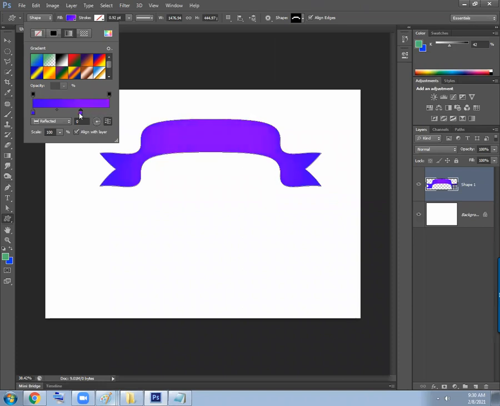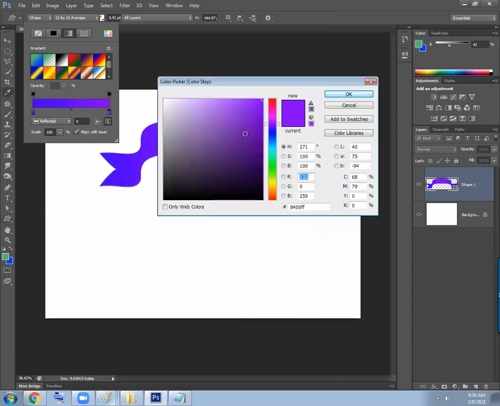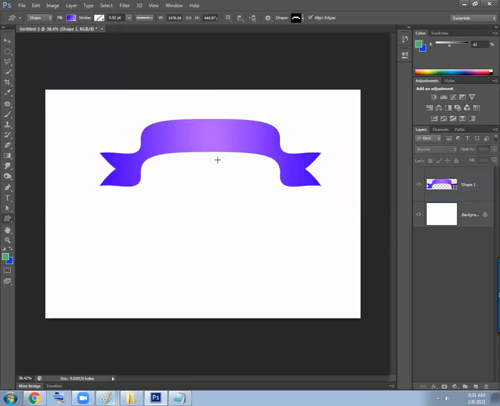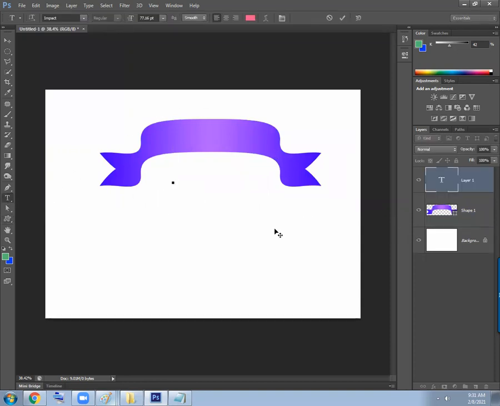Okay, nearby colors. Blue and purple are nearby colors, like analogous colors. You can make it a little lighter also if you want. Like this, you can create banners and put some text on this. Take a typing tool, type the text,